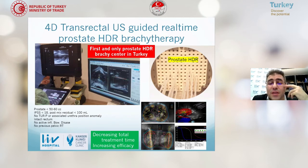We are the only center doing HDR prostate brachytherapy in Turkey. Of course, not every patient is suitable for this technology; it is for smaller prostates and relatively non-obstructive cases. There are some contraindications. We have to be careful about that. Otherwise, we can do